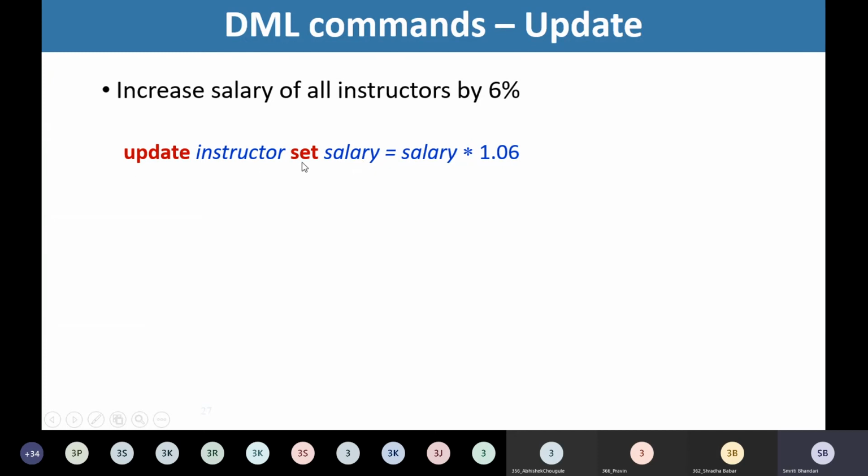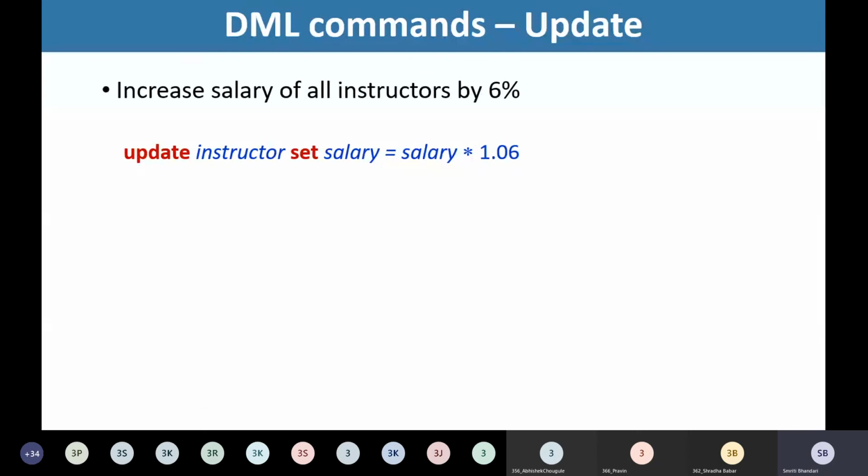Update instructor set salary equal to salary into 1.06. This will help us increase the salary of all instructors by 6%. So all the salary values will be updated in one go.